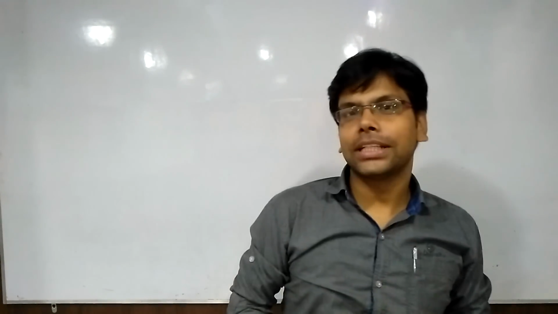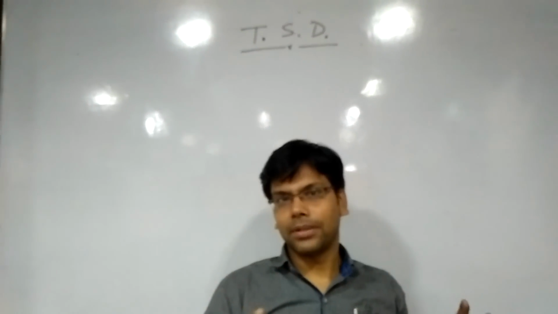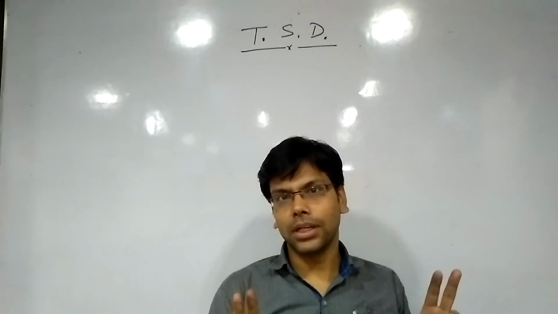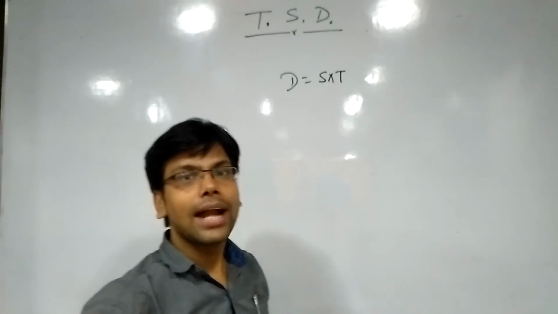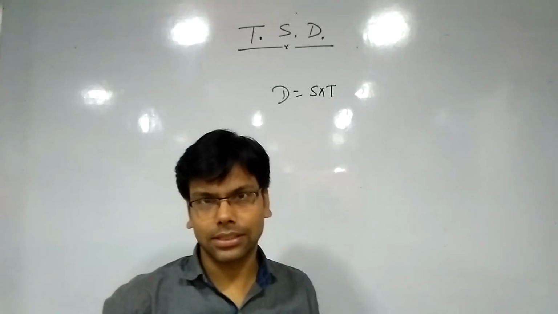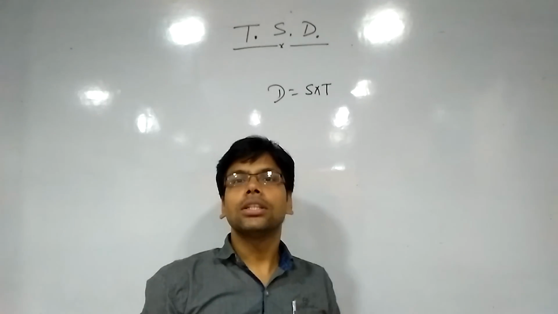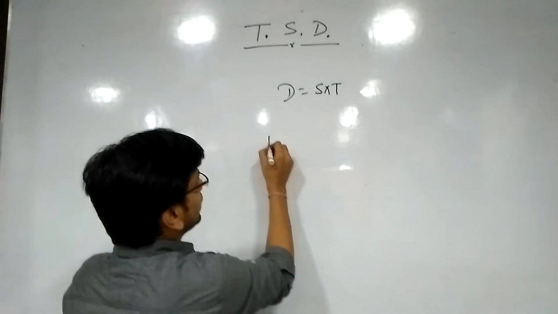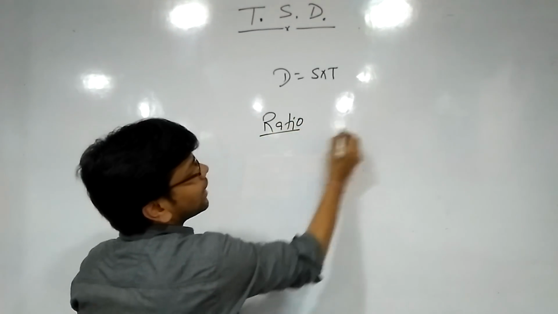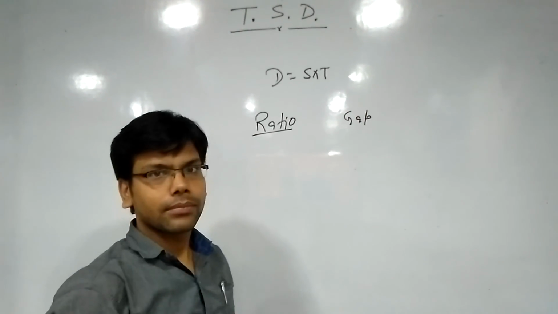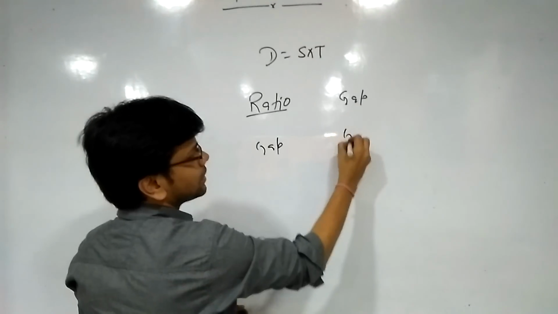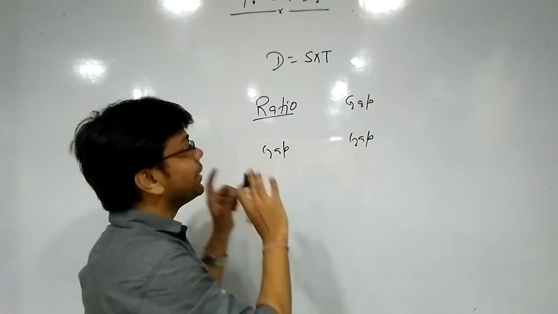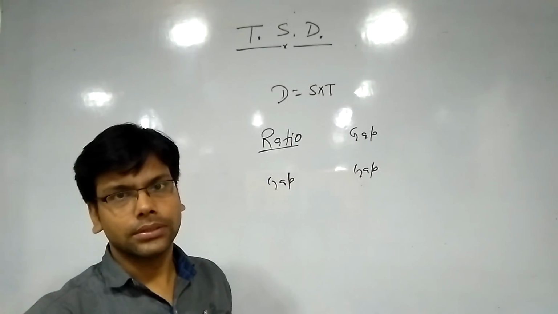In today's learning concept session, we will see time, speed, distance. In today's concept, we just want to discuss only one formula, that is nothing but distance is equal to speed into time, and the application of ratio in time, speed, distance. I am going to discuss two concepts: when we have a ratio given and another is when a gap is given. One is ratio given, another is gap given, or if both are gaps, we can use the formula or the ratio concept.